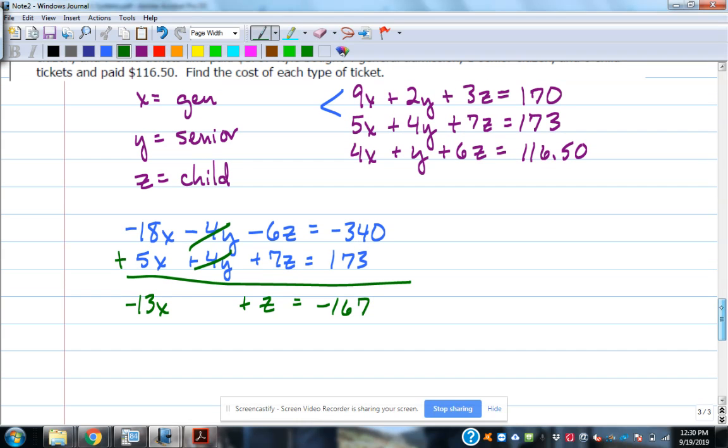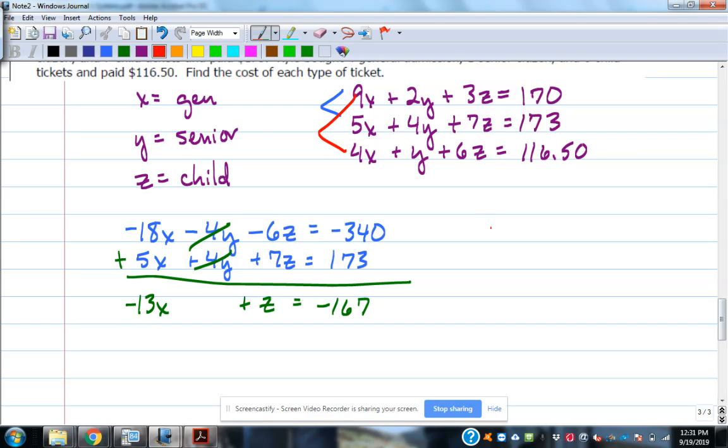Okay, so Luke had a good first step. So what should our second step be? You can do the first and the third or the second and third. It technically does not matter. I think I want to do first and third because then I only have to multiply by 2 instead of 4. It just keeps my numbers smaller. So if I do first and third,